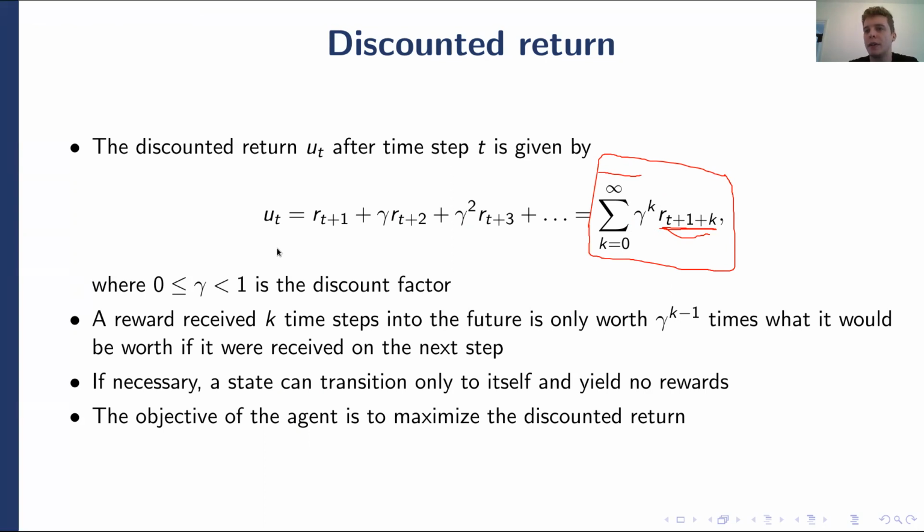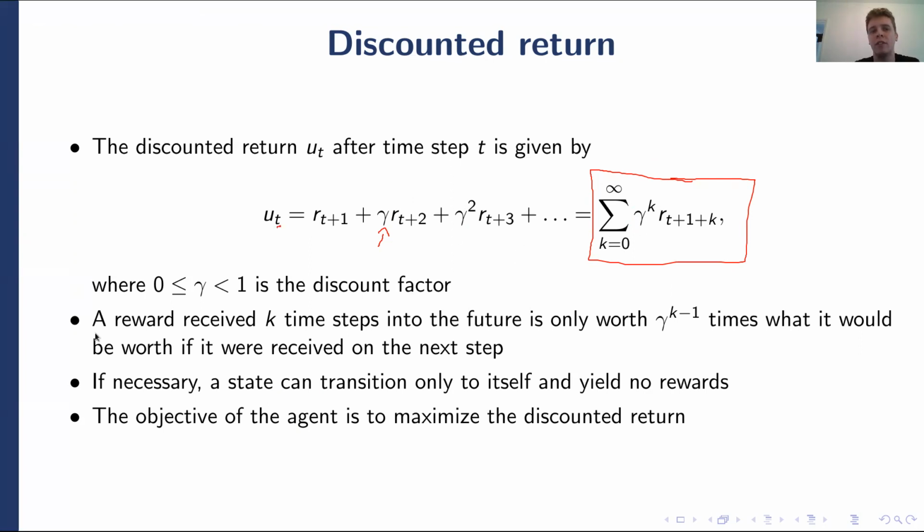But there's another interpretation, and maybe that will be easier for you to understand, of what this constant here represents. Basically, the true role of this constant is to make this summation of rewards, seen from now, time step t, until the end of time, converge. However, there's also an intuitive interpretation for this constant.